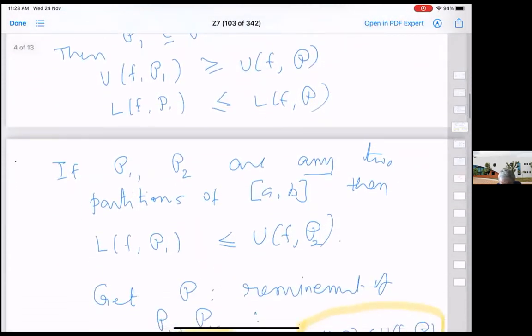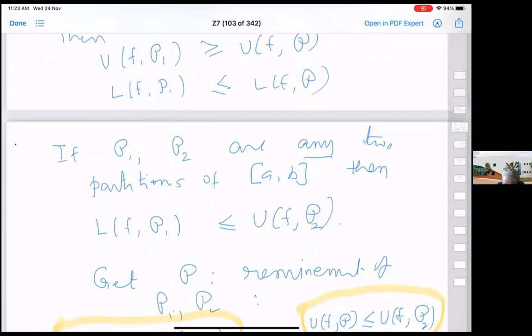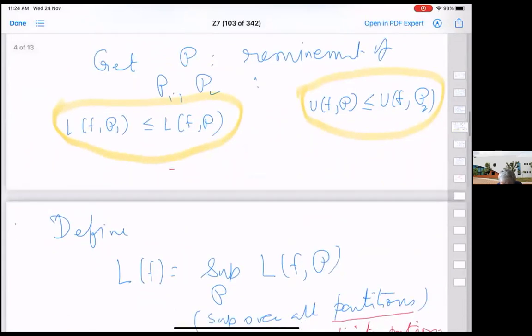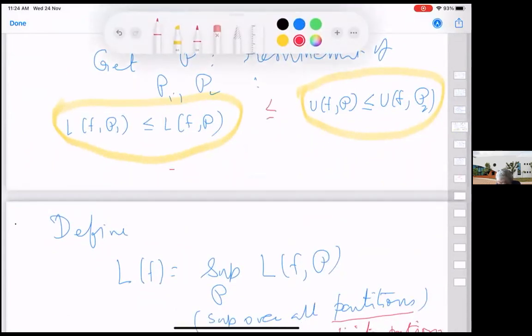And then we try to show that if you have any two partitions, then LFP1 is less than or equal to UFP2. And this was done by creating a common partition P, which is in between the two, and then in turn that is itself